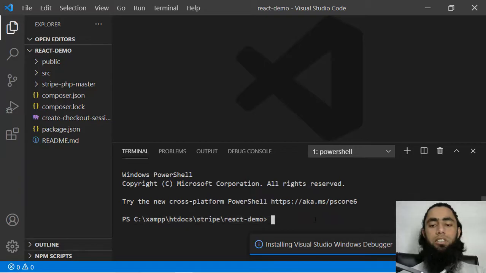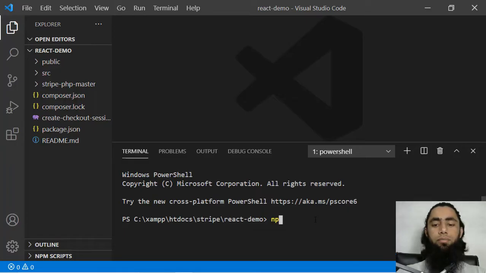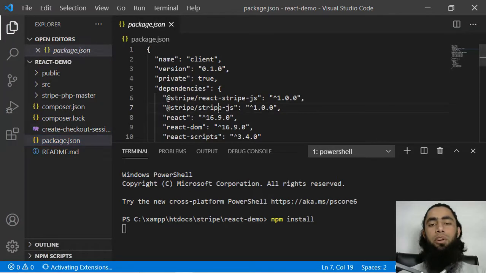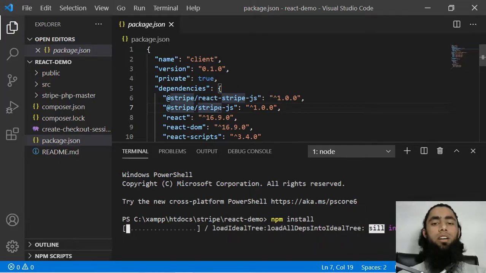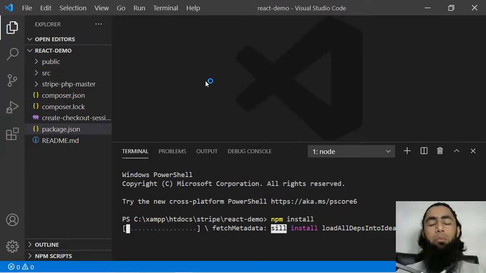So what's the command actually? We have to run npm install. This is the command which is helping us to install all those modules of Node. So make sure that you have already installed the npm package on your system, and we have this package.json, and inside of it we have the libraries which we have included. So according to this JSON file, the npm modules would be downloaded. So we have to wait for a while until this is downloaded completely, and then we will be continuing with the other parts.